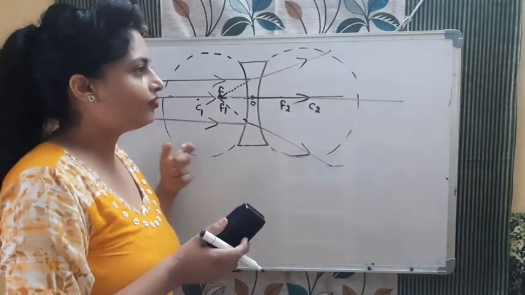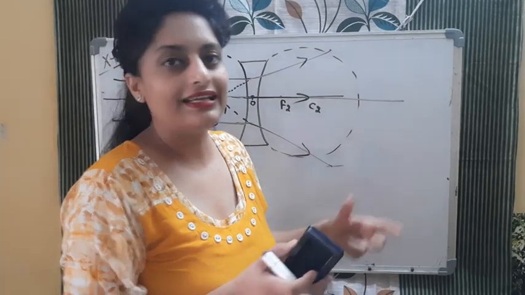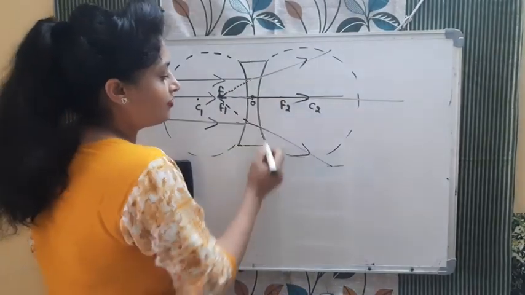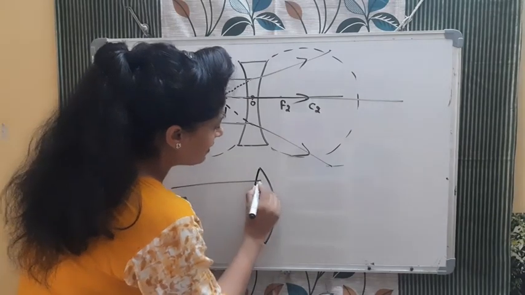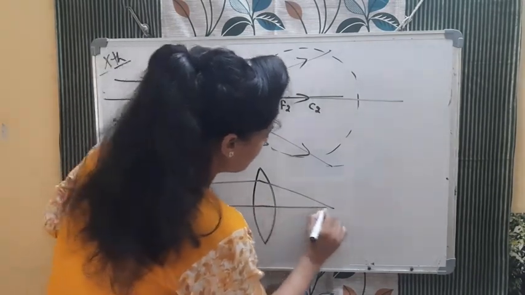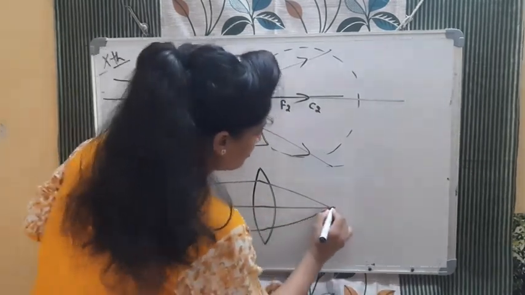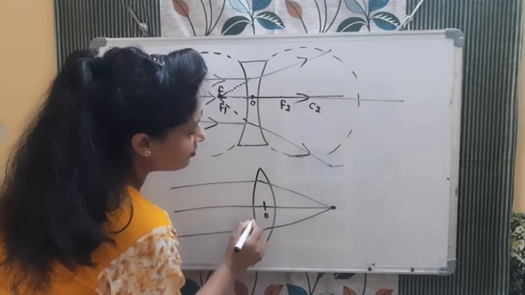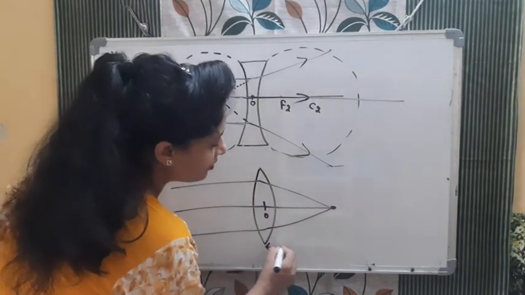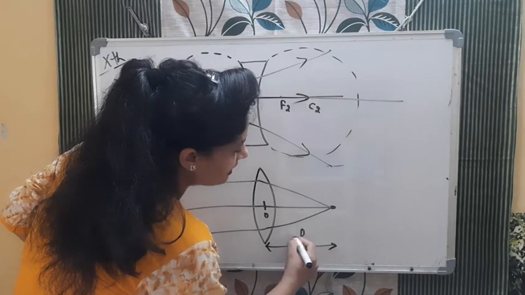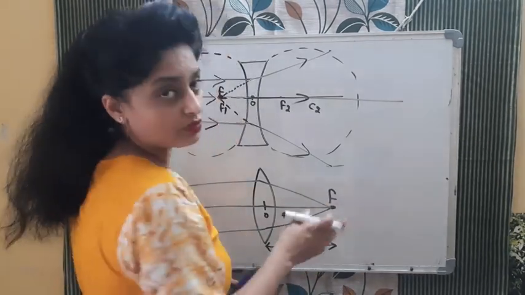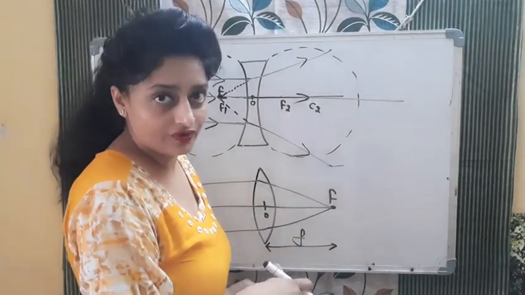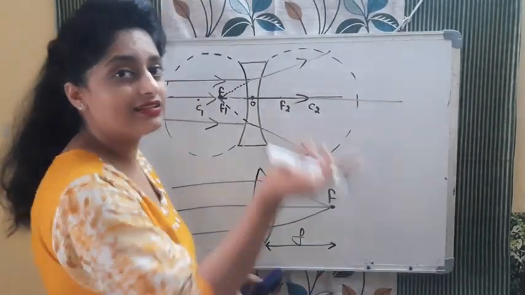In case of the convex lens, because it was the real one, we will start from the optical center measurement. The ray of light was converging here. So we will measure distance from O, and if we are going in this direction toward the focus, to the right of O, the focal length will be positive in case of the convex lens when we are considering the object on the left hand side.